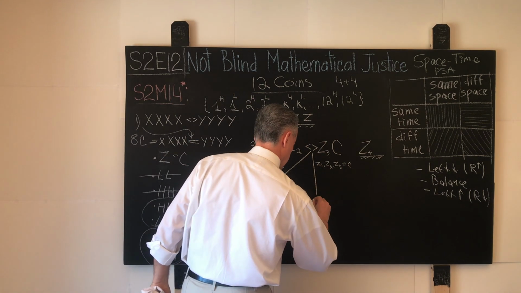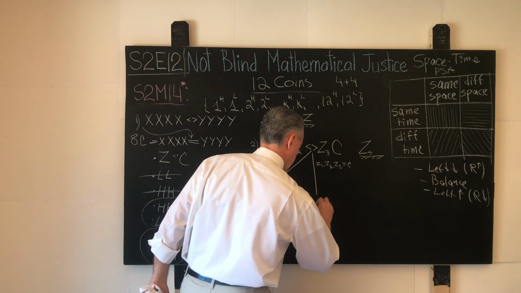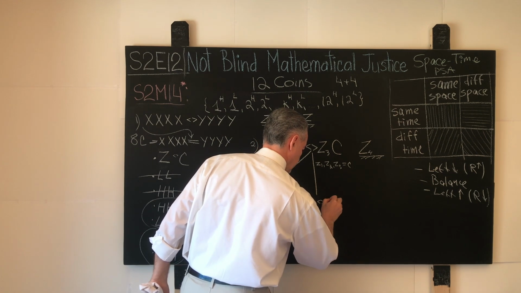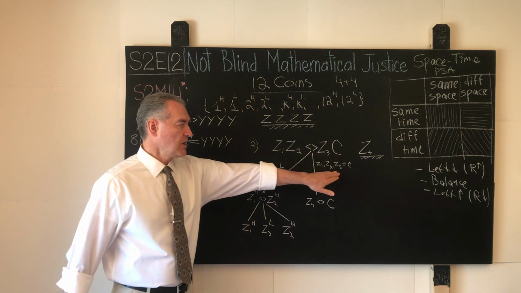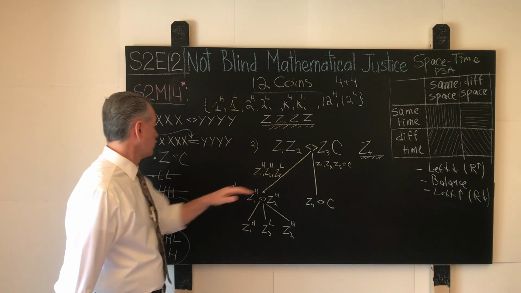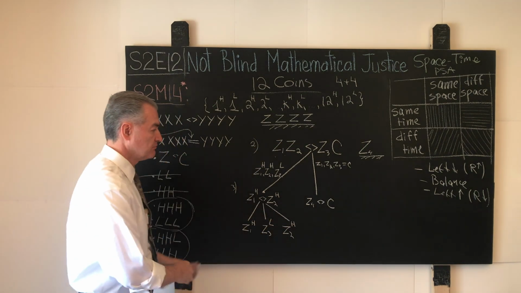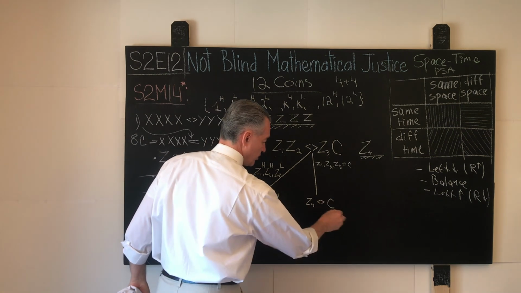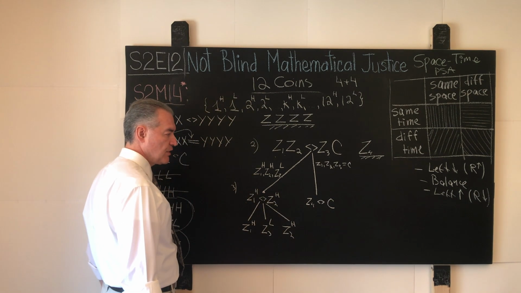Well, we weigh the coin named Z4 against any of the control coins, of which we have plenty right now. We have 3 control coins here, plus 8 over here. So we have 11 control coins at this point, plenty to choose from. And what are the possible outcomes? Well, it can go either way over here.